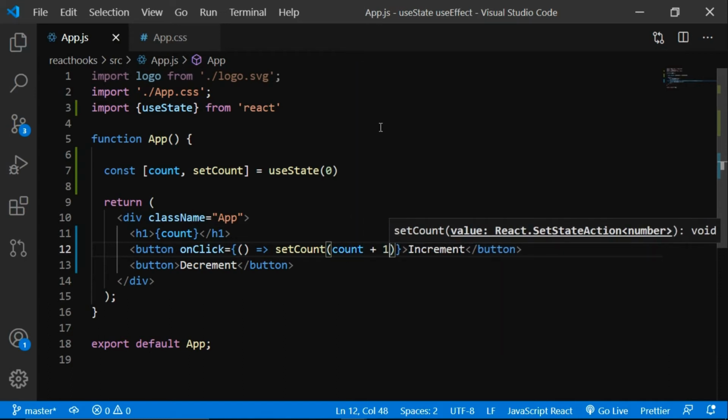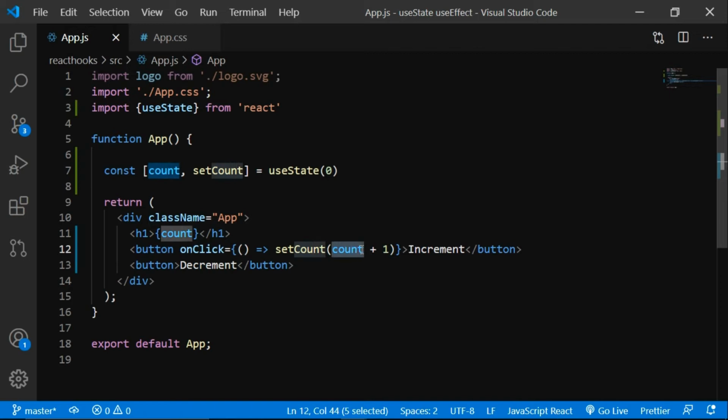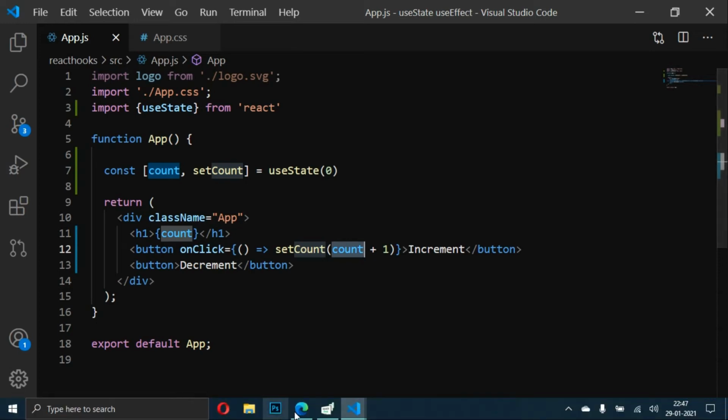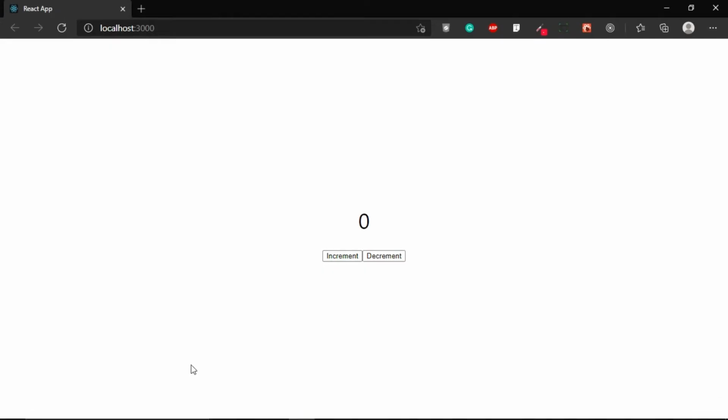So what we're doing is declaring a function, which is a kind of arrow function here, and setCount is used to change the value of that particular variable in the whole component. So we are using setCount, and whatever the previous value is, if the previous value is 0, we are incrementing it by 1. So 0 plus 1, the value should be 1 when you click on this increment button. So this is the moment of truth, guys. Let's click on this increment button now. When you click on this increment button, it is gonna increase by 1, and it will keep on going until and unless you stop your hands, guys.